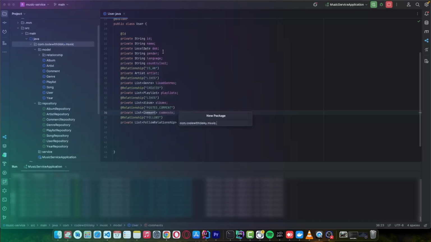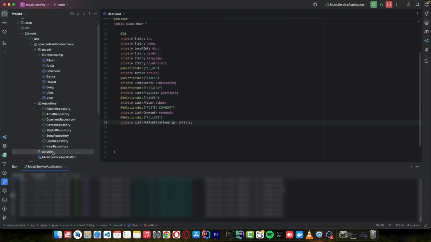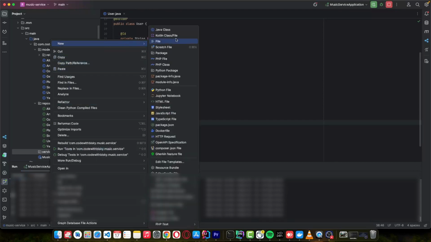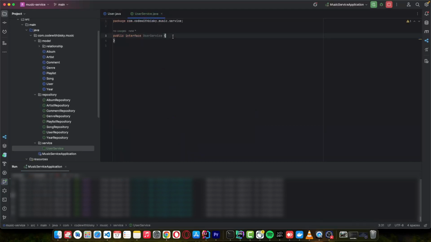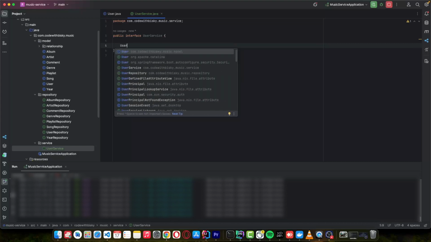Here, let me create a new package and call it service. We already have a package called services that we created in the previous tutorial. So let's create a new service, and this one we call user service. It's going to be an interface like this. With our user service, we want to create a new user. When creating a user, we want to return a user,